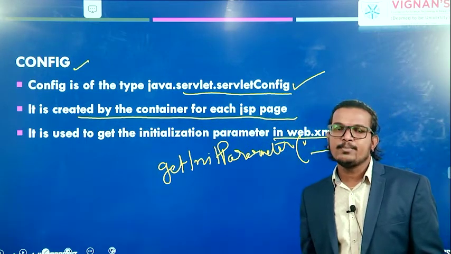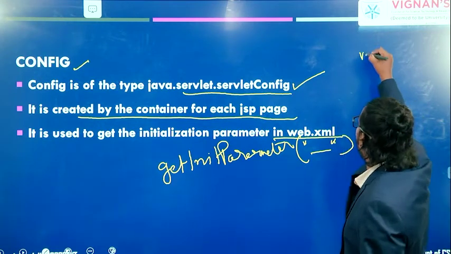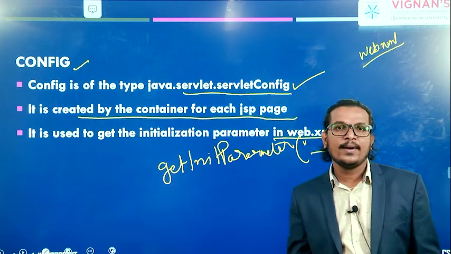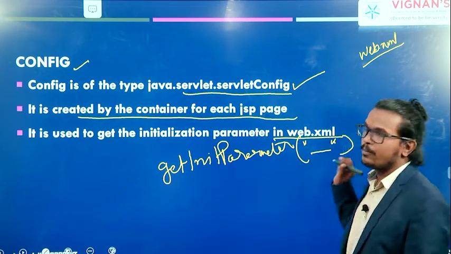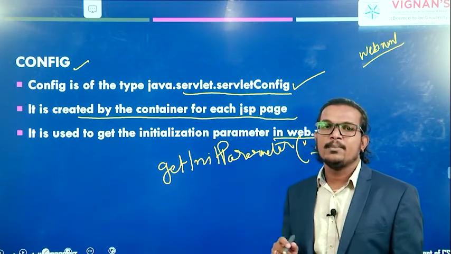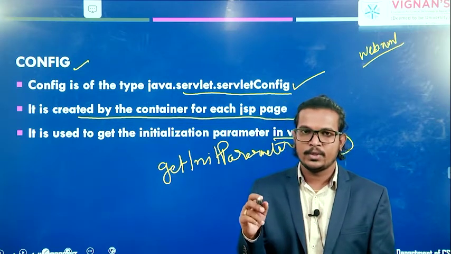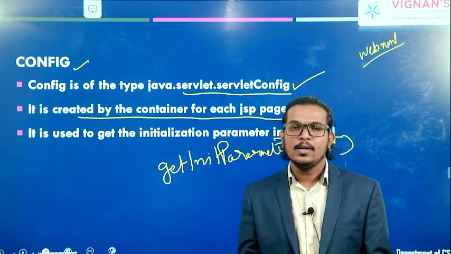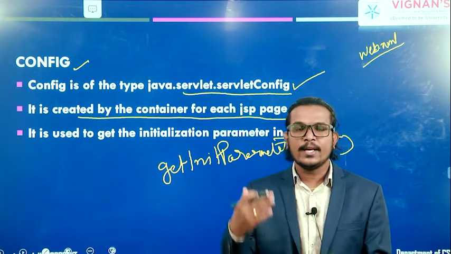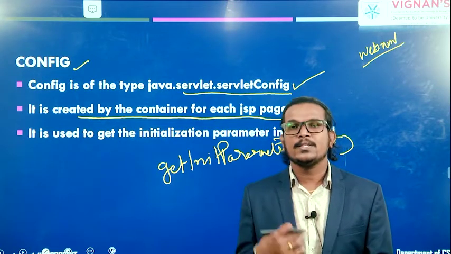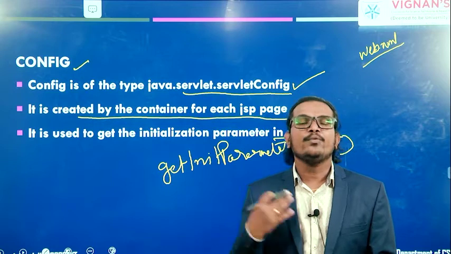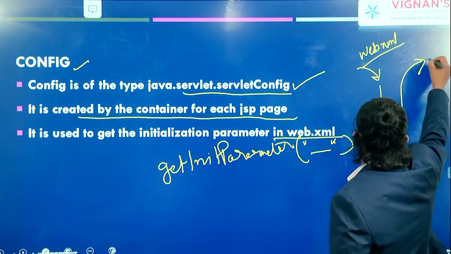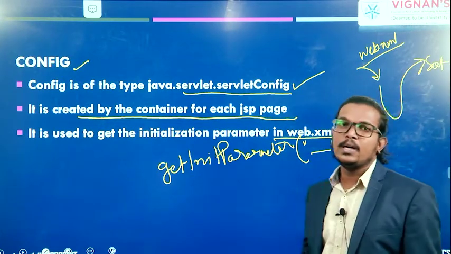Where are we initializing those parameters? We have the web.xml file, right? What is the use of this web.xml file? Whenever you get a request to your server machine, the server goes to the deployment descriptor, and with the help of that, we check whether your servlet is available or not, whether your JSP page is available or not. Clear? If that information is available, we take that information and go to that particular servlet.